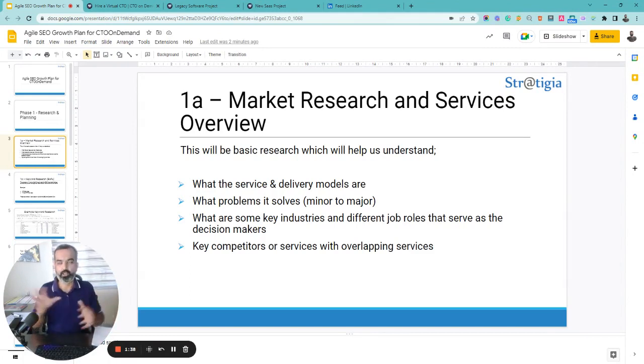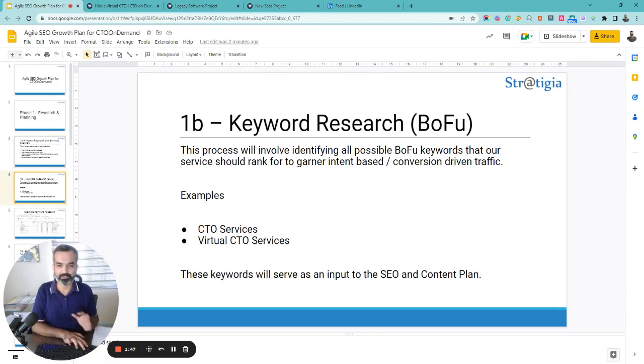So we need to understand the market and how it's doing, and all those things. So that is the first thing we would like to do, and based on that we will start off our keyword research, which will include first identifying our bottom funnel keywords, because